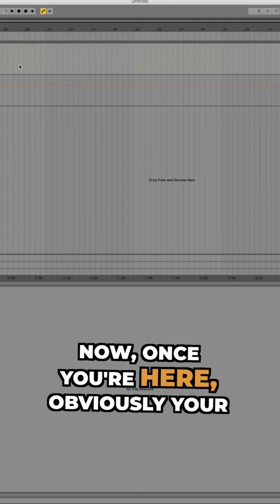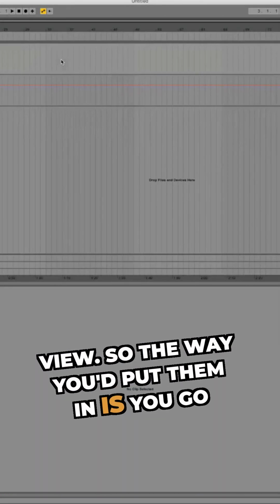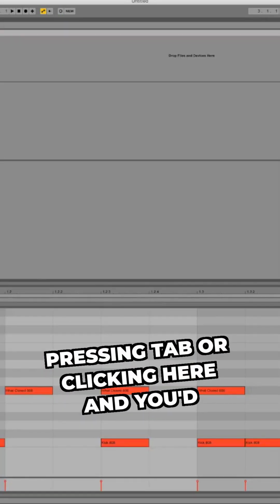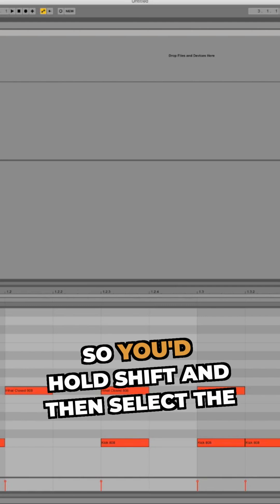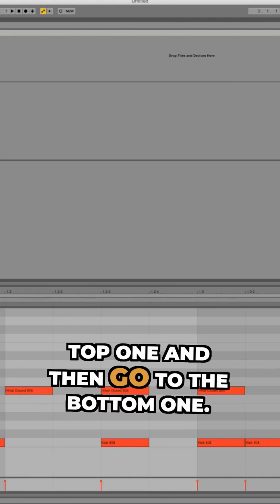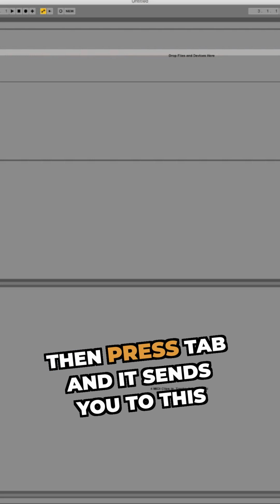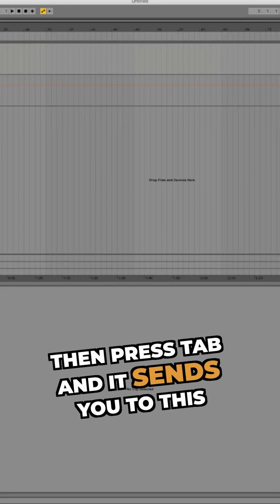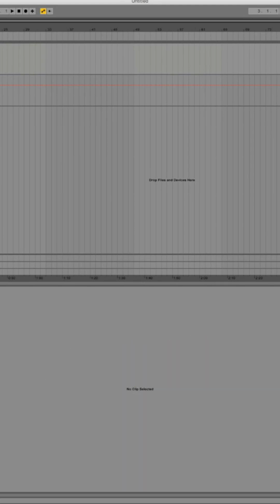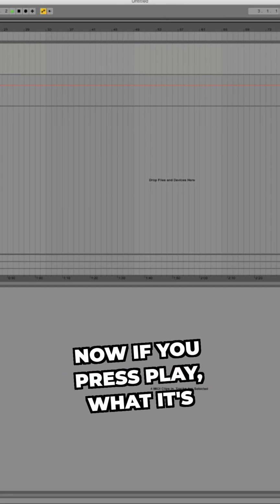Now once you're here, obviously your clips aren't actually in the clip view. So the way you'd put them in is you go back to the session view, by pressing tab or clicking here, and you'd select all of them. So you hold shift and then select the top one and then go to the bottom one. From there you drag them and then press tab and it sends you to this window here, in which case you drop them on the first track where it says kit 09 or whatever kit you've used. Now if you press play,